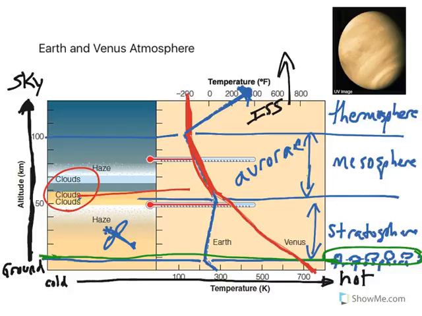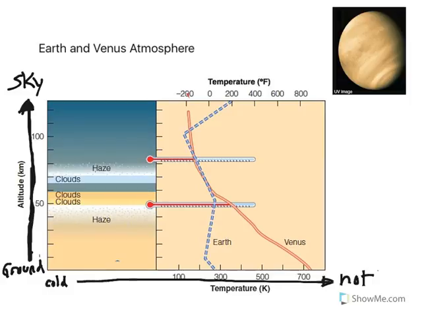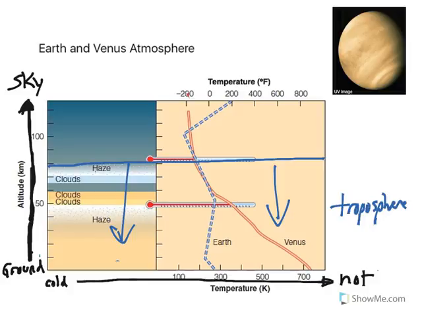So where would we put the troposphere and the stratosphere and the mesosphere and the thermosphere, if possible, on Venus? Well, let's erase our diagram. Remember, the troposphere is where the weather is. And since this is the top of the cloud structure, we would say everything below this would be the troposphere on Venus. And then above the troposphere is where the airplanes would fly, and that is the stratosphere. Since the temperatures are relatively constant here, this would be the stratosphere. No, there is no mesosphere. We don't see any change in temperature getting cooler, and we don't see any change in temperature getting warmer like we do in the case of Earth. And so there is no